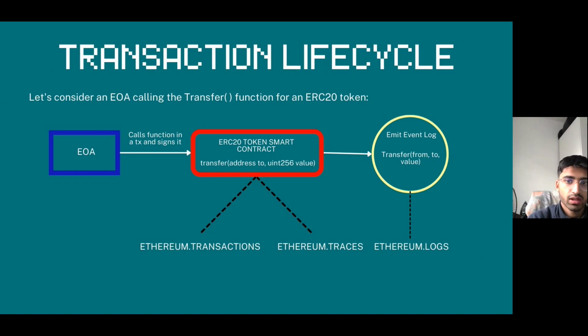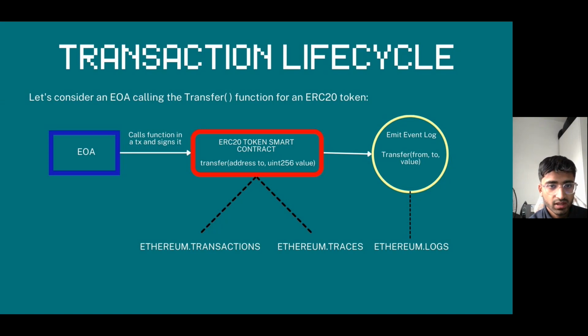And I think this diagram just brings it home a bit more. So if someone was to call the transfer function of an ERC20 token, and an ERC20 token is just the standardized format of a fungible token on Ethereum, so a token that you can exchange and has like-to-like value. When you invoke the transfer function, you're basically saying, I want to transfer this token from this address to this address. So we'll start with the externally owned account, which will call the transfer function